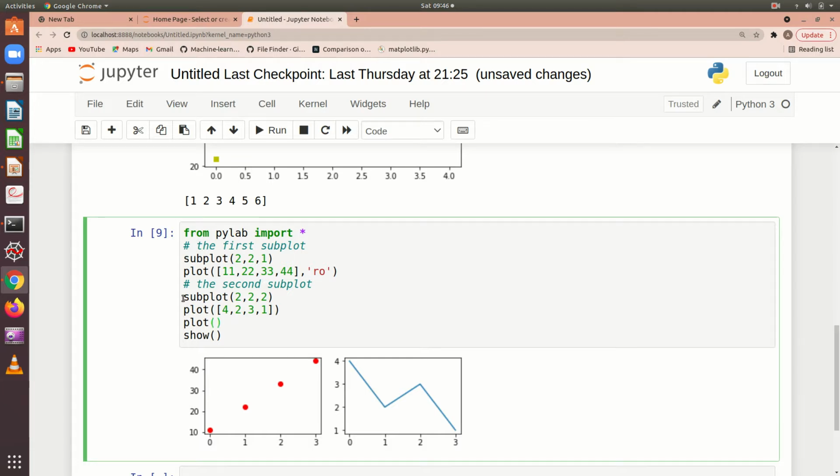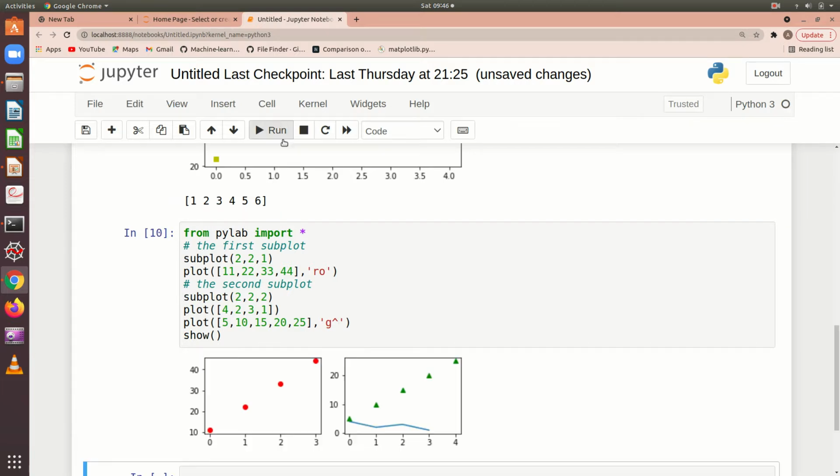I give the third plot, in green color triangle. I am going to run it.